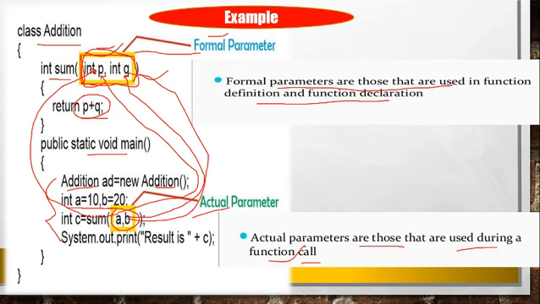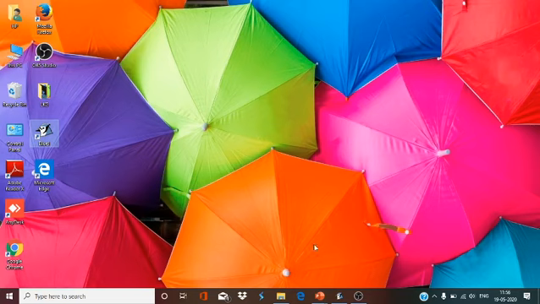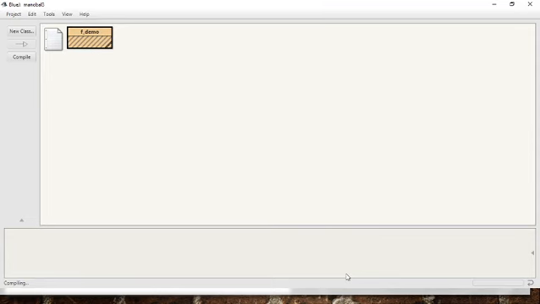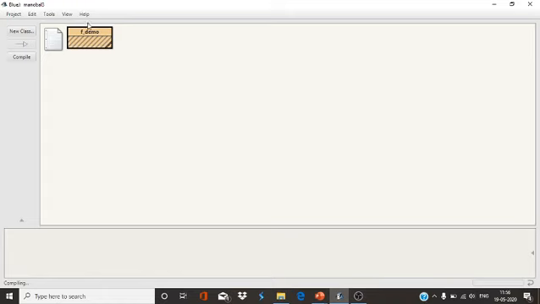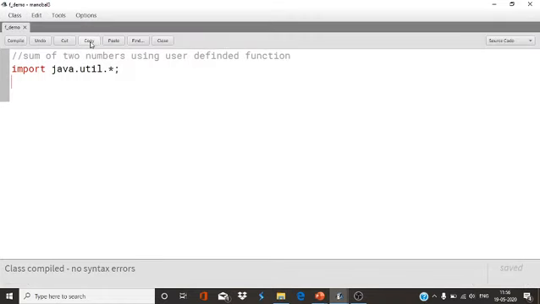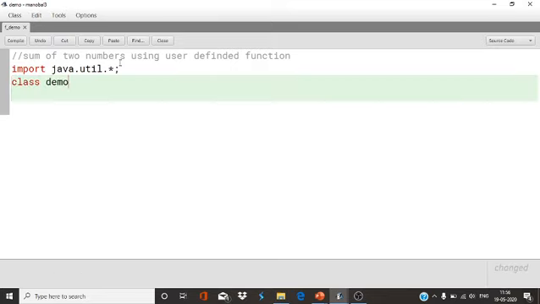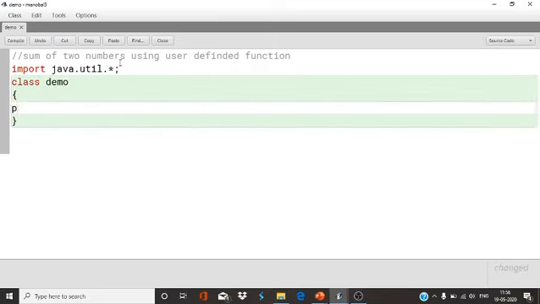Now one more example I can give you in BlueJ so that it will be more clear to you. Suppose I declare a class demo. public void my function, that is the name of the function I have given, my function.